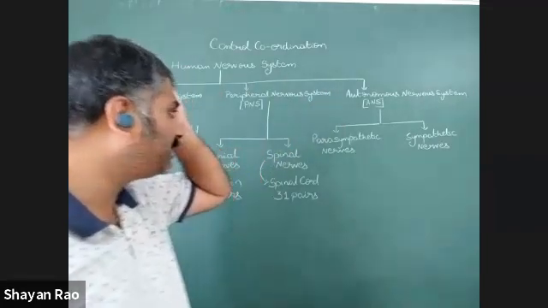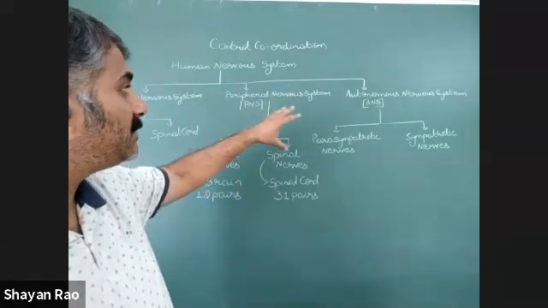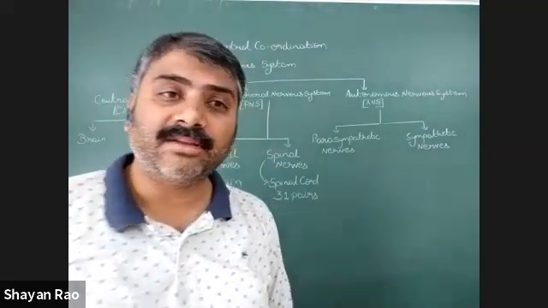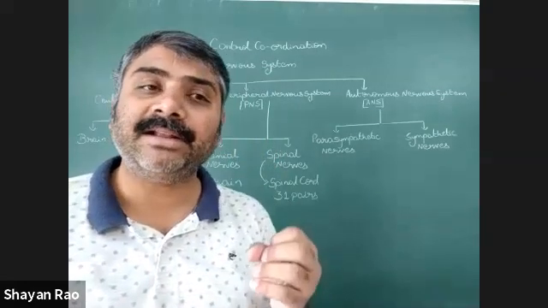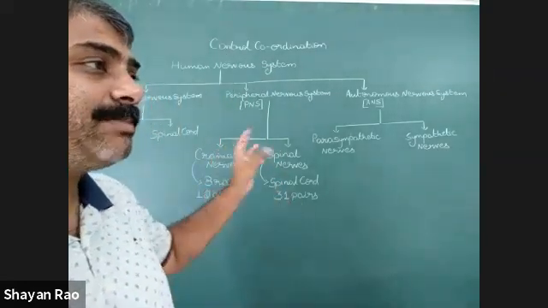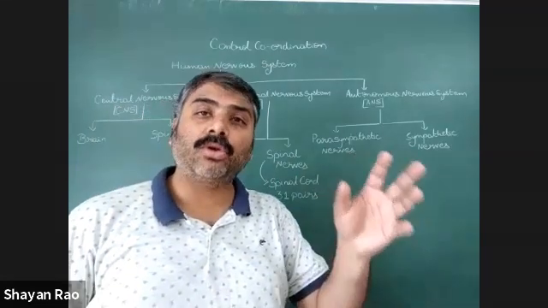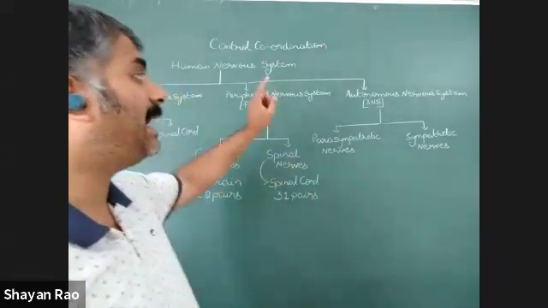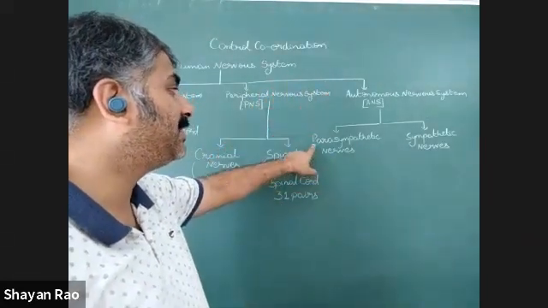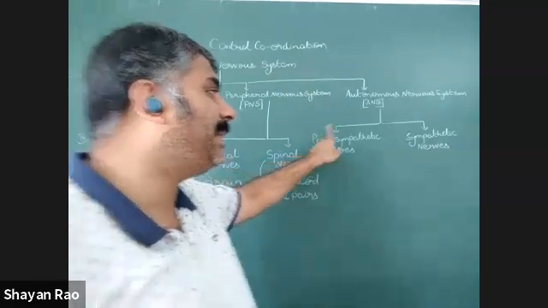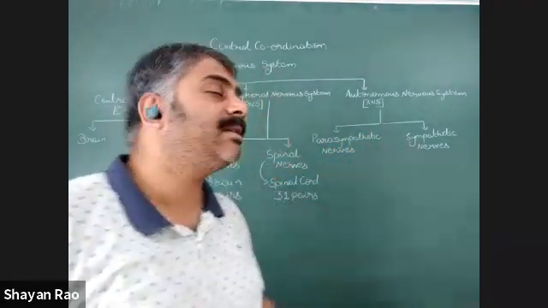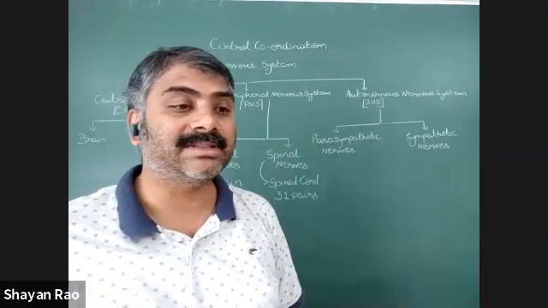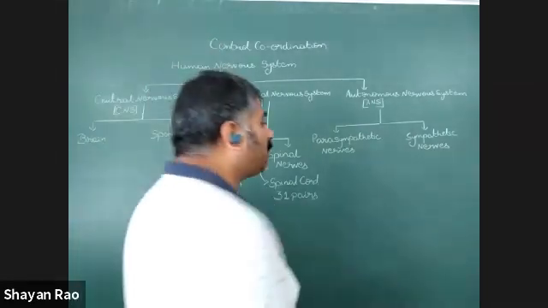So the autonomous nervous system is basically the nerves which are also connected to the central nervous system itself, but those nerves are independent in their function. Means brain and spinal cord don't have any control over them. They can show their functions on their own. That is called the autonomous nervous system, which is classified as the parasympathetic and sympathetic nervous system, or parasympathetic nerves and sympathetic nerves. These nerves basically control all the